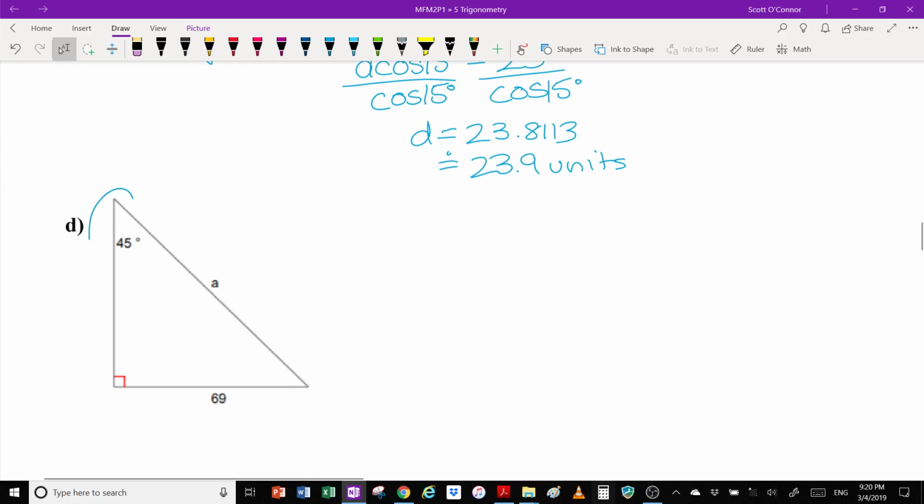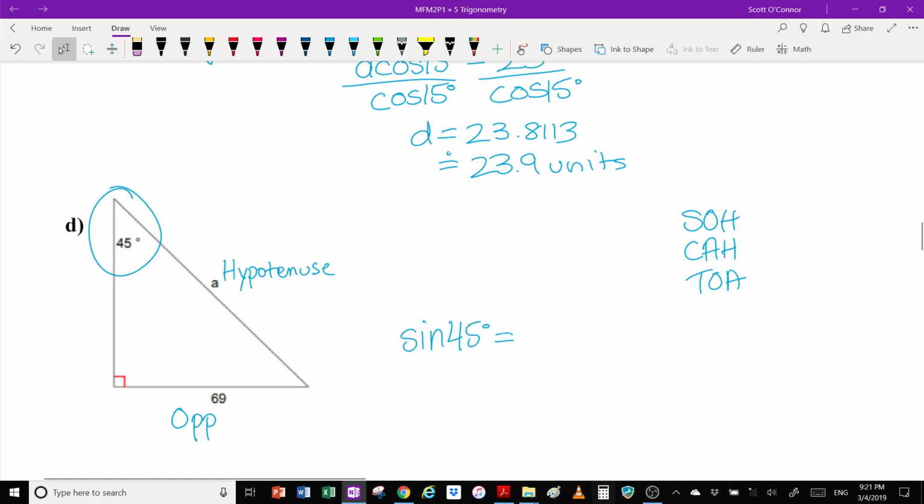If I look at D, this is the angle that's been given to me. This side is opposite. This side is hypotenuse. I'm trying to find the hypotenuse. I know the opposite. Which of the trigonometric ratios uses opposite and hypotenuse? Well, if you write it down again, you can see it. So, SOH CAH TOA. And the one that uses opposite over hypotenuse is sin. So, I write sin 45 degrees is equal to opposite, which is 69, over 1, I should say there, opposite 69 over A. I'm going to do my cross multiplication,